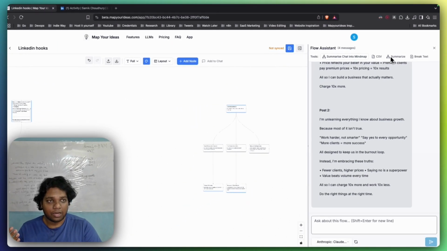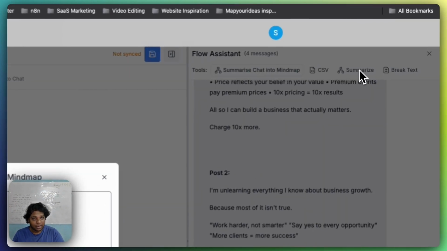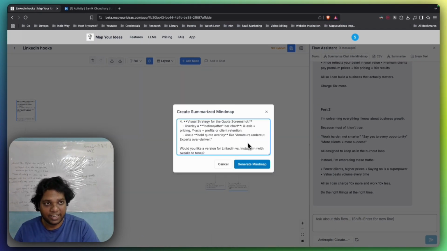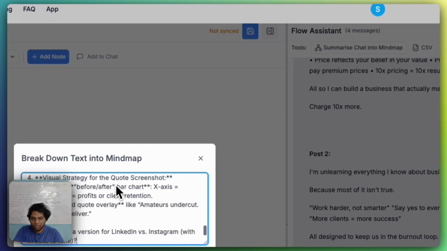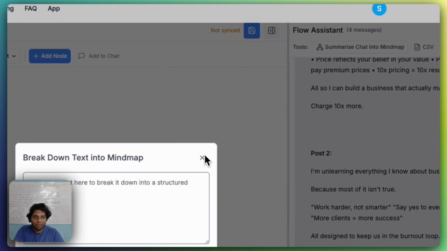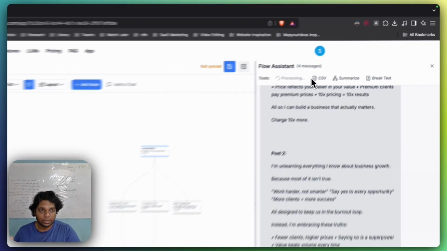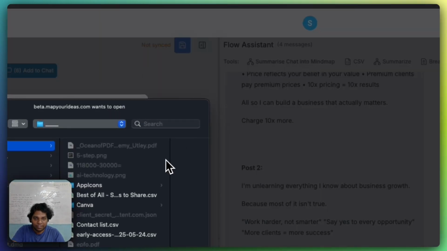Right now, for example, you don't want to chat, you want to give text and do something with it. Whatever text we converted last time, we can give it and it will generate a mind map from it. Again this will summarize it and create a mind map. Similarly we have break text, which will break the text into multiple nodes. And if you want to generate nodes via CSV, you can do it as well. I've pressed the wrong button. If you want to use CSV, you can do that exactly with this application. So we will create CSV, and if you have CSV, so basically